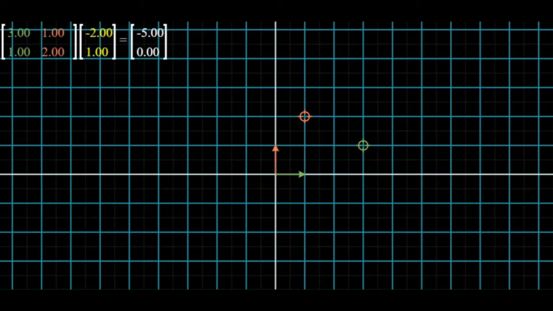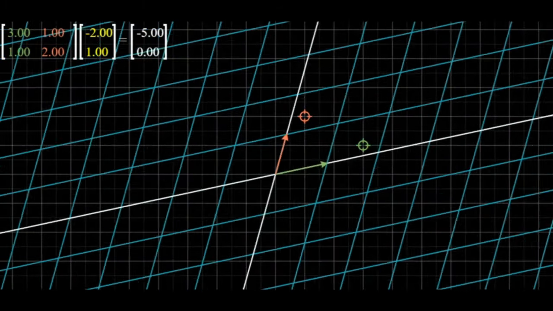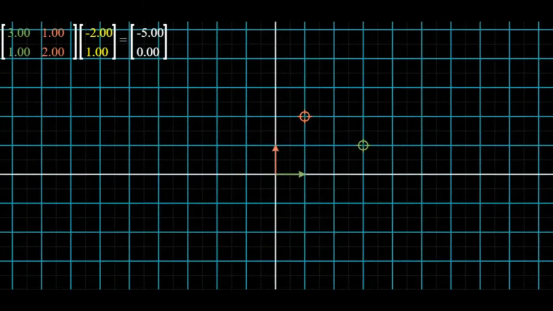In case you missed that one or have forgotten, the idea is that the little green and red crosshairs that you see on your screen are like the targets to which our linear transformation shoots i hat, which is the green vector, and j hat, which is the red vector. The resulting linear map transforms the grid and is given by the matrix in the upper left corner. Never mind that yellow vector that is multiplying it on the right. I'll get to that in a minute. The important thing is that we can actually animate this linear map and see how it affects everything in the space. Very nice.